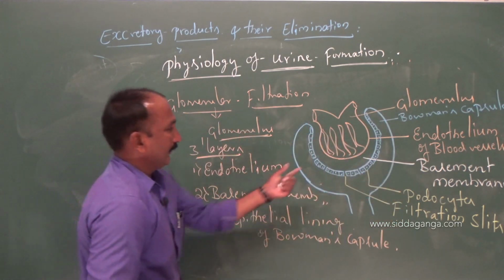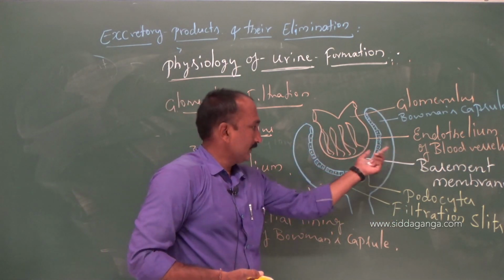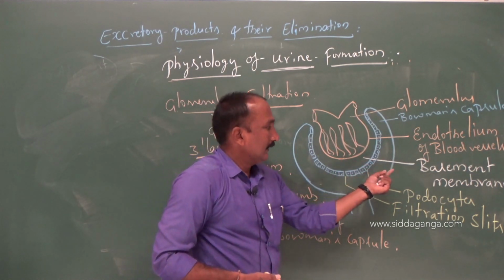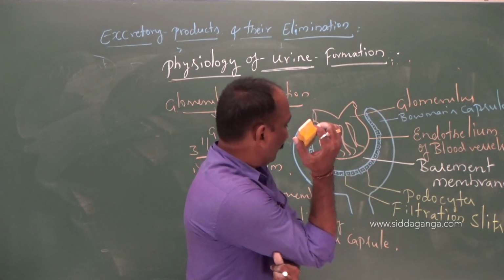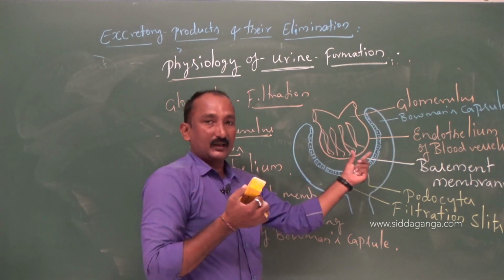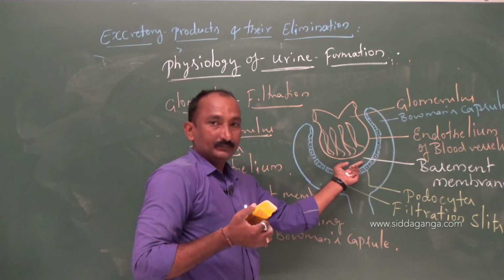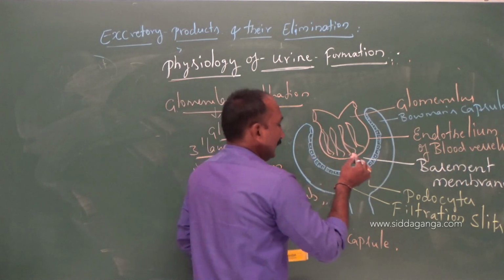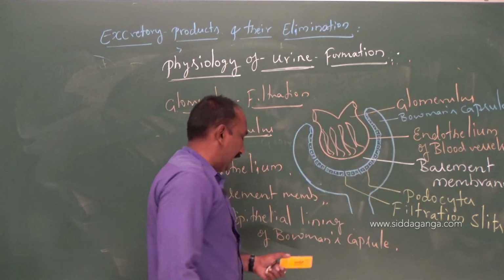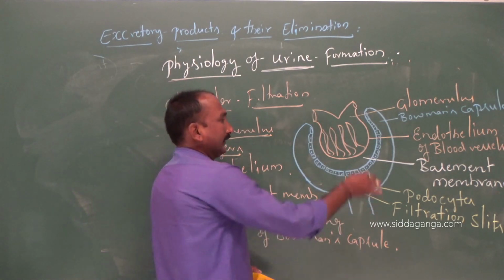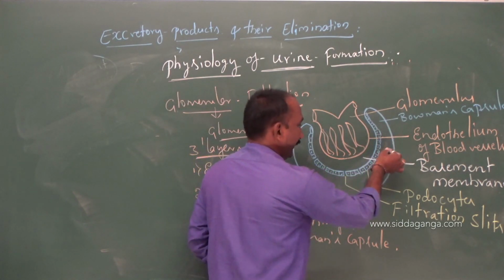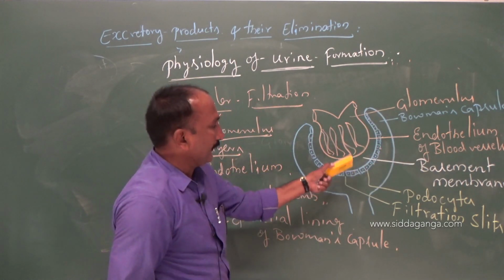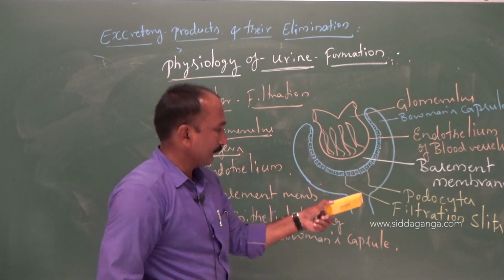So, that is the endothelium of blood vessels. Then the presence of open space, that is the basement membrane. Within the space there is a presence of membrane, the basement membrane. Then next to that, the presence of the epithelial lining of the Bowman's capsule. All these are cells, the epithelial cells of the Bowman's capsule. They are found in the inner region of the Bowman's capsule.